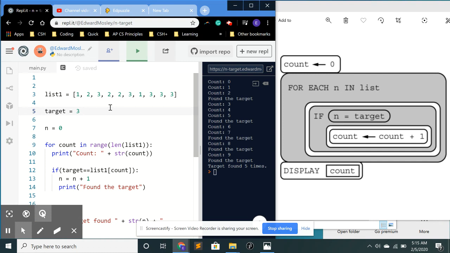For the last thing that we'll go over, we'll talk about how we can actually take the user's input for our target instead of coding a static value. So we're just going to convert it to an integer because we